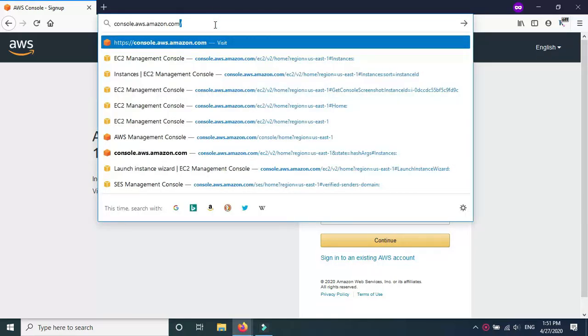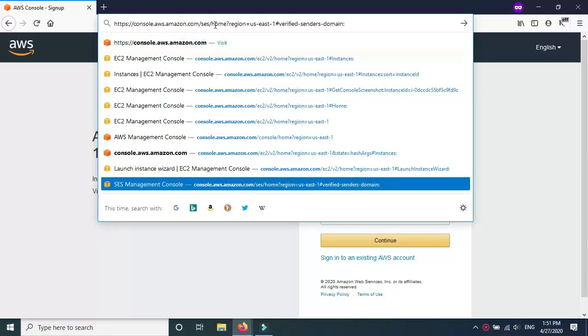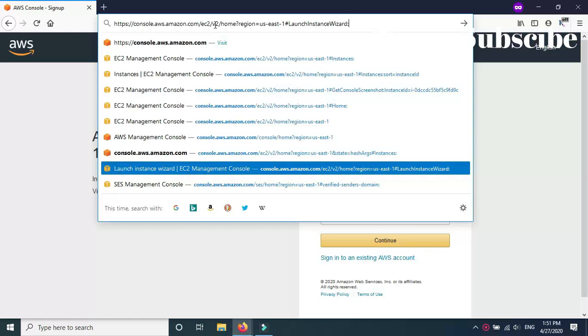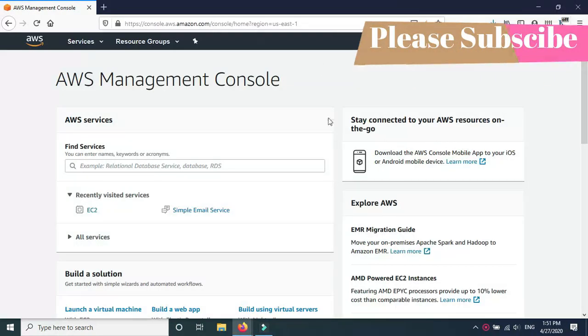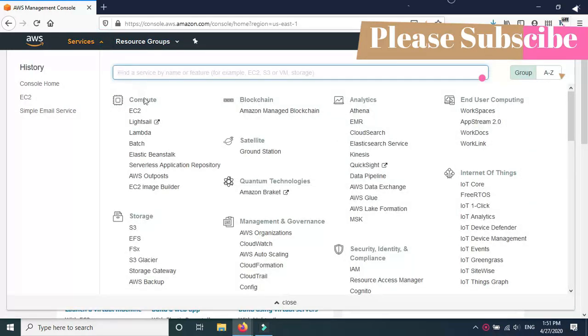Once you open this page, you'll be greeted with a screen like that. On this screen, you have to go into the services tab, get into the EC2, the EC2 compute engine. You'll be greeted with a dashboard which will look like that.